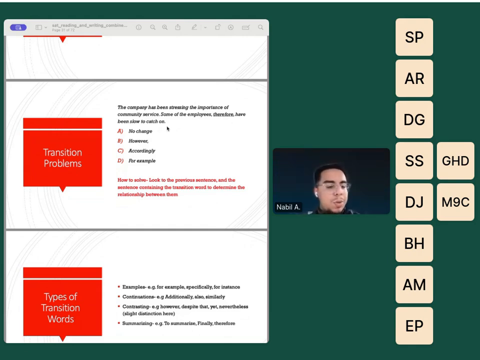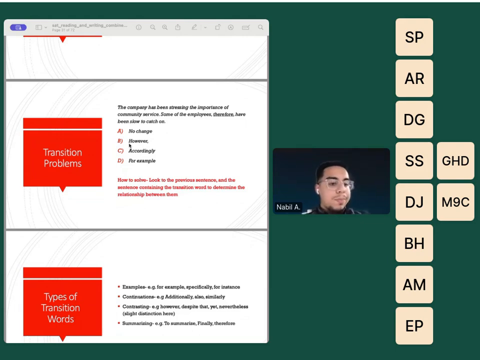on. So are these continuing ideas or are these contrasting ideas? If we have the company trying to stress the importance of community service, and then later on we basically see these employees that they're really slow to catch on. So are these continuing or contrasting ideas? Feel free to just put in the chat continuing or contrast. Yeah, they're contrasting ideas. So that's awesome because, look, in the answer choices we really only have one